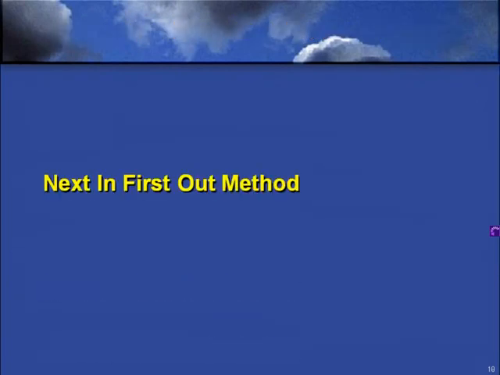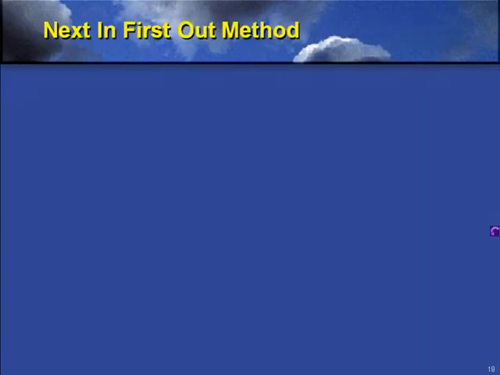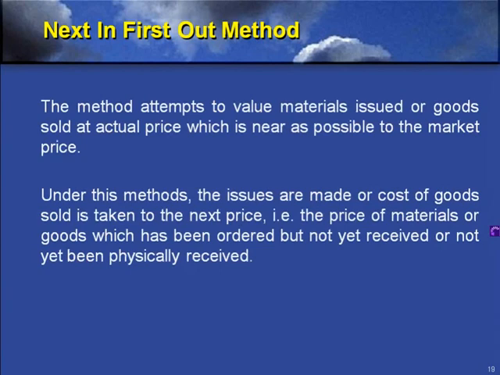Now next is the Next In First Out method, or NIFO method. The method attempts to value the material issued or goods sold at an actual price which is very near to the market price. It simply means if you are keeping two types of quantity, you will not just consider their cost, you will see the market value, and the goods nearest to that market value you will issue. Under this method the issue